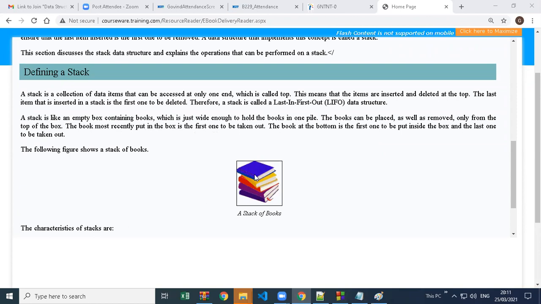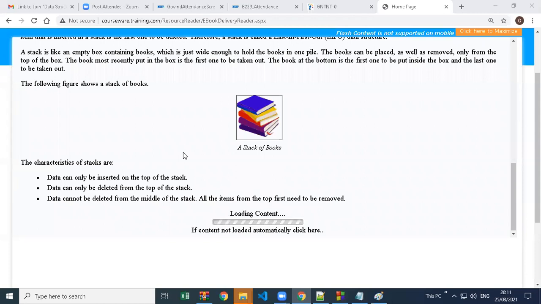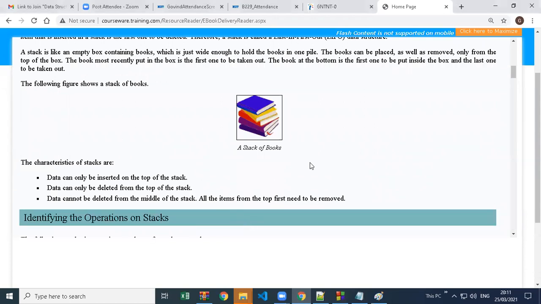So the blue book you put, you have to take it out to get to the other books. And the book at the bottom is the first one put inside the box and the last one to be taken out. The one with the small red bookmark is going to be taken out last, because that is the first we added in the box.